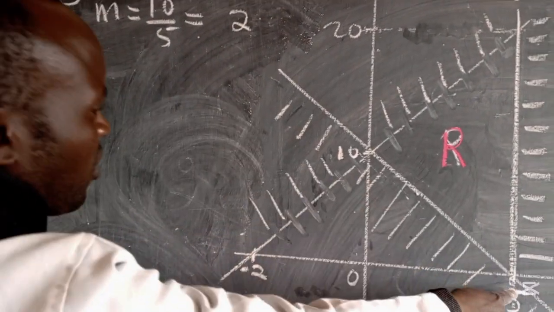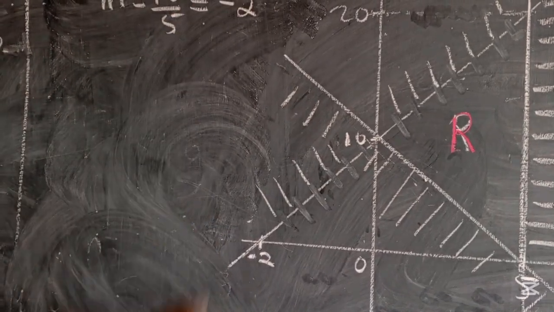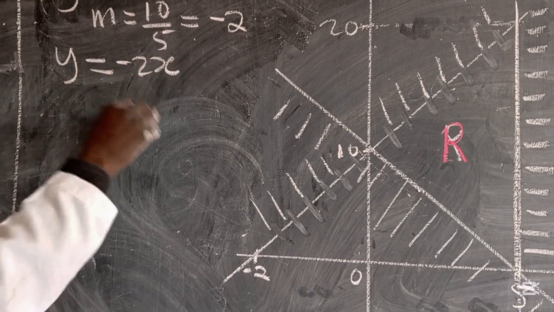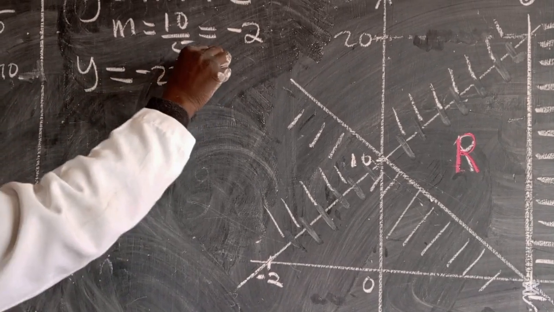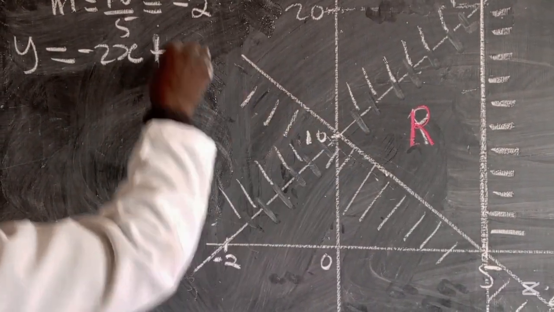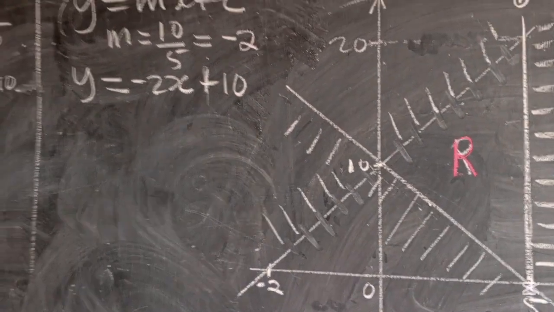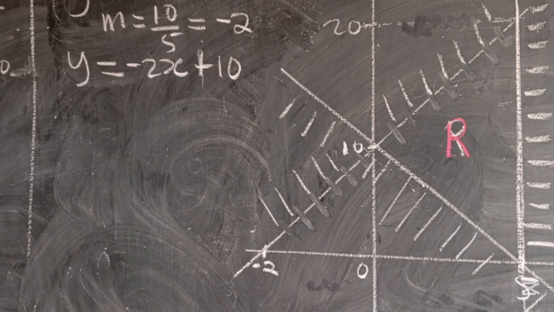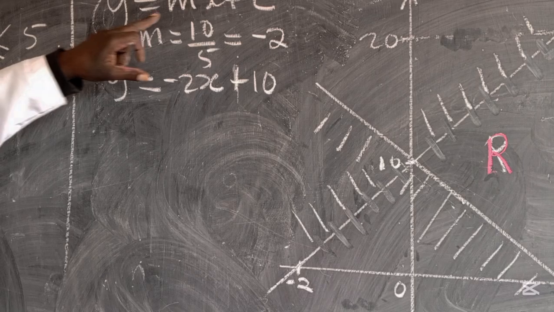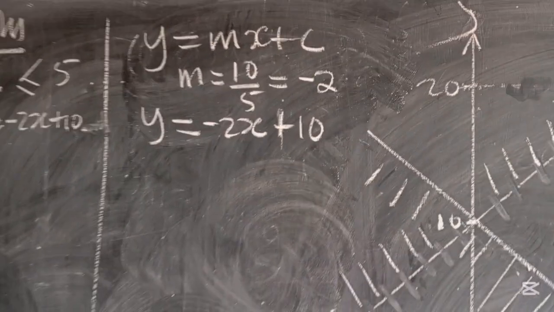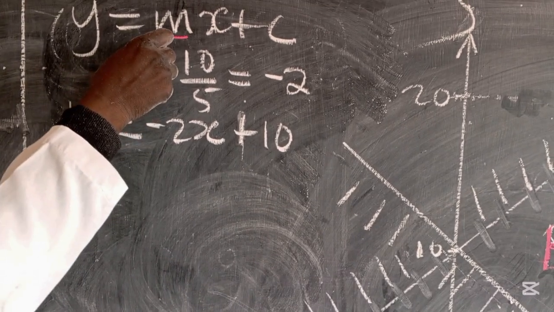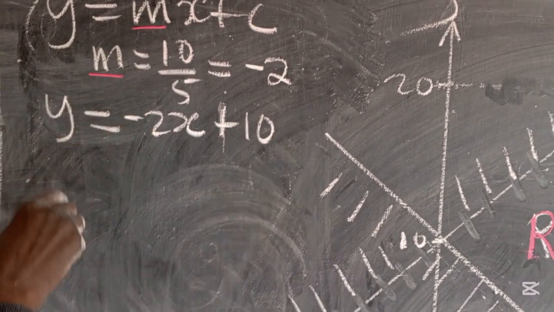Now, since it is going on the left side, it becomes a negative. And then you say equals negative 2x plus, now, you have to consider where it cuts the y-axis, it cuts at 10, plus 10. It means you have answered the question directly without wasting your time. I'm repeating. I said, how do I get this gradient? To find, allow me to use the red ink. So for me to find this m, I will just say, okay,